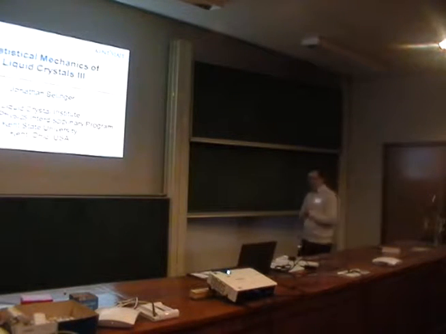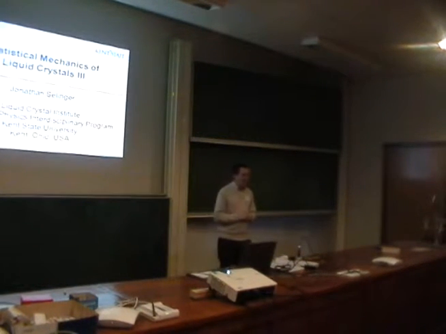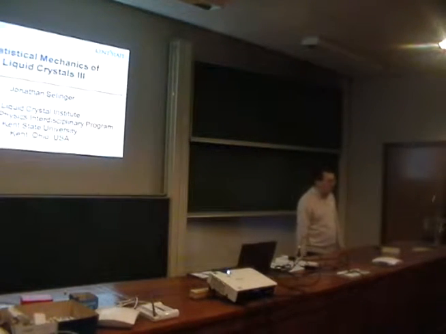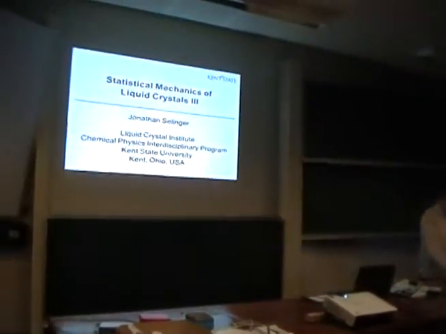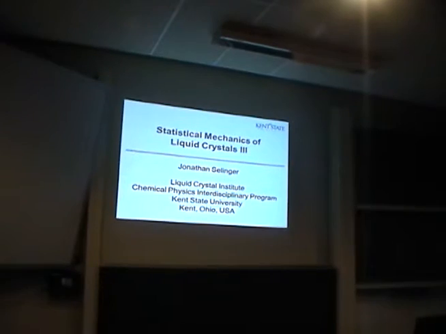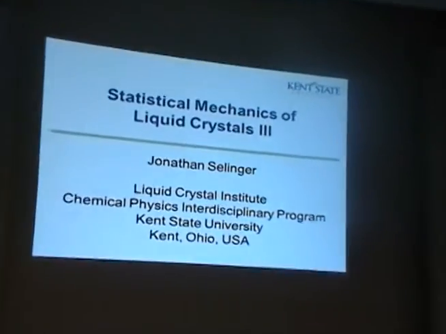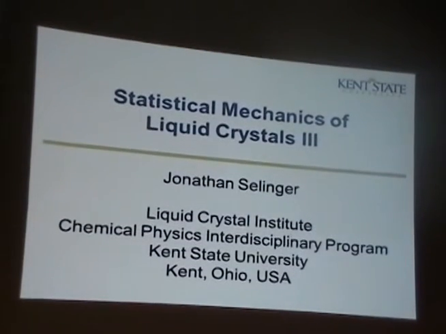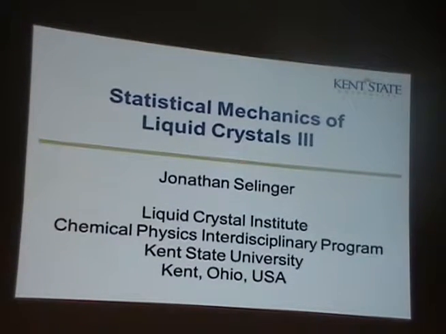Where do we stand, right? So in my first lecture, I was talking about the concepts of what is a liquid crystal order parameter. How do you define the tensor order parameter, what do we average? In the second lecture, I moved on to the free energy as a function of the nematic order parameter and showed you how to do mean field theory. And so that establishes where is the isotropic nematic transition. That is, at what temperature is the isotropic nematic transition. And how big is the nematic order parameter as a function of temperature in general.